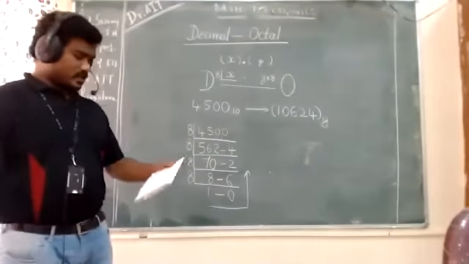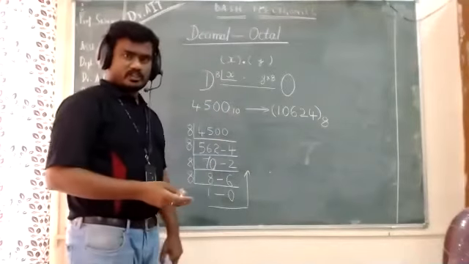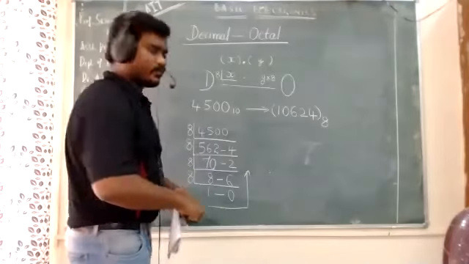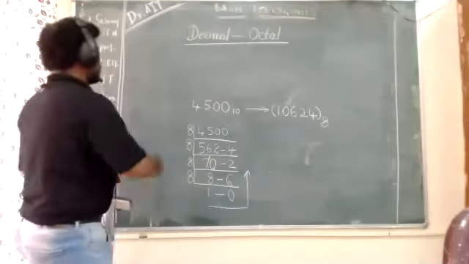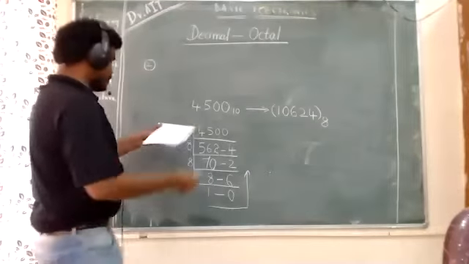Okay. And if there is a decimal point, what are you supposed to do? Okay, this is one example. So I will take the next example also. And the next example is this. The next example is I will take a decimal number. So the decimal number is